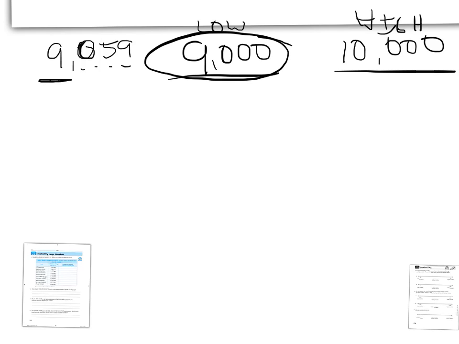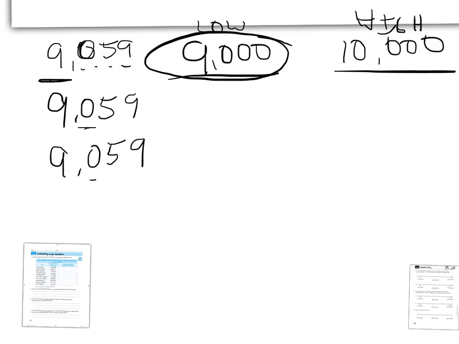I'm going to write a couple more up here. It's going to be the same number a few more times. And I'm going to underline the number that I want you to round. Okay, that one, and then, whoops, not that one. And the 5. Okay, I want you to do this on your own. Find which the lowest number would be and what the highest number would be, and then circle the one that